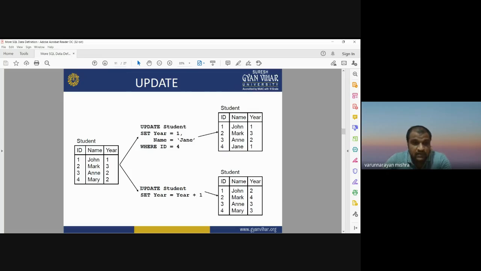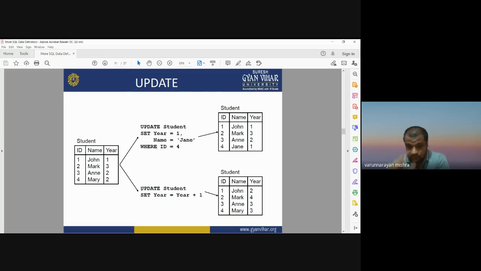If you want to change only the values in the year column, previously the year column had 1, 3, 2, 2. Four students are in different years, but we want to update this value. Now John is in second year, Mark is in fourth year, N is in third year, and Mary is in third year.